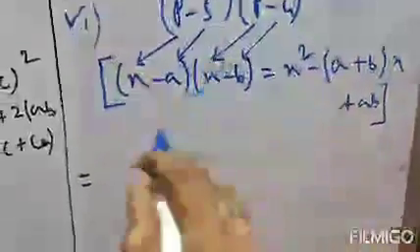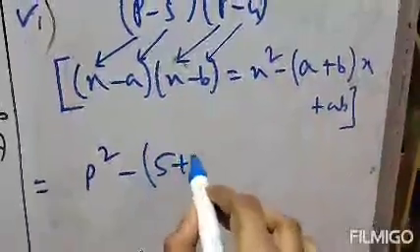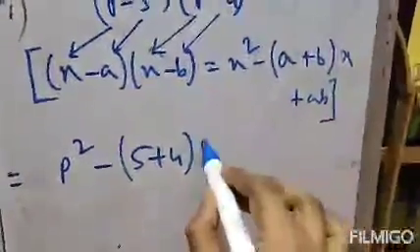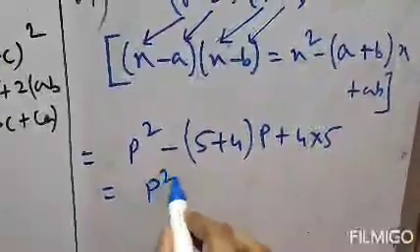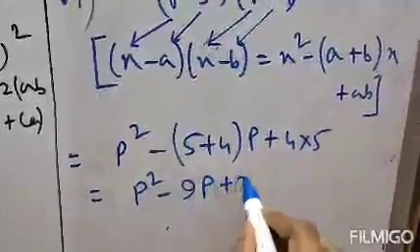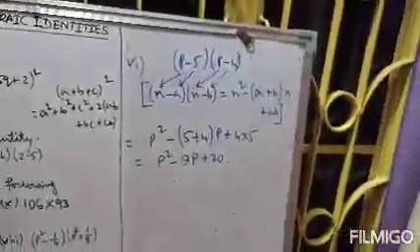So x square, x is p, that means p square, minus a plus b. A is 5, b is 4, that is 5 plus 4. x is p plus ab. A is 4, b is 5, that means p square minus 9p plus 20. This is your answer. p square minus 9p plus 20 will be your answer. Clear? Next